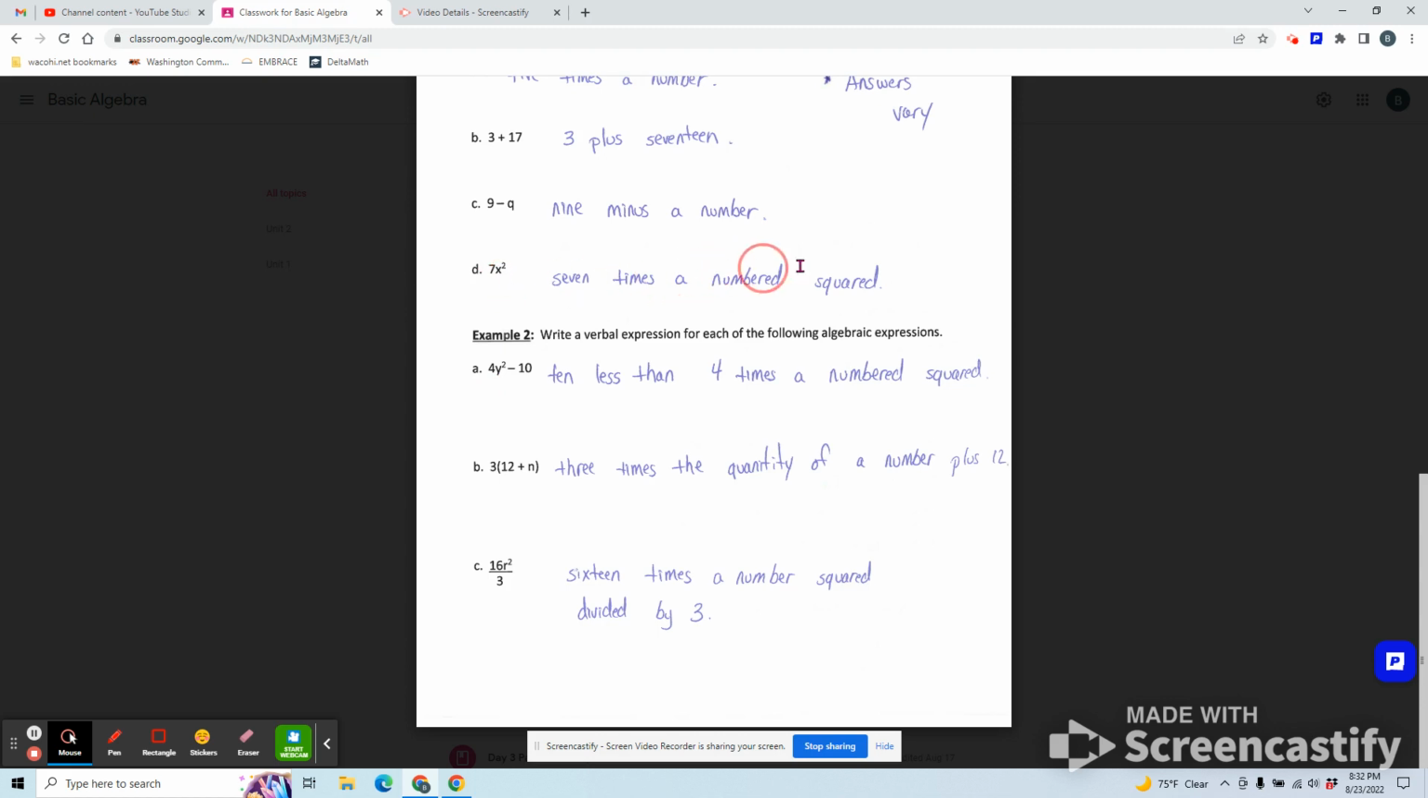Okay, so use what we already know. We already know this. Use that down here to help us. Just change it to match the problem. So I chose to say 10 less than. I'm taking 10 away from 4 times a number squared. That's what I'm choosing to do. Okay, so once again, all of these have multiple answers. Right, what I wrote is